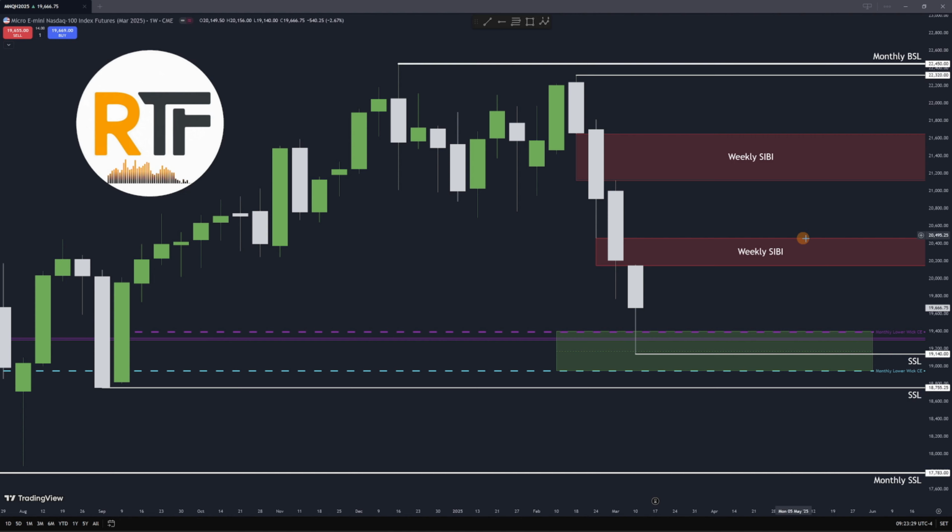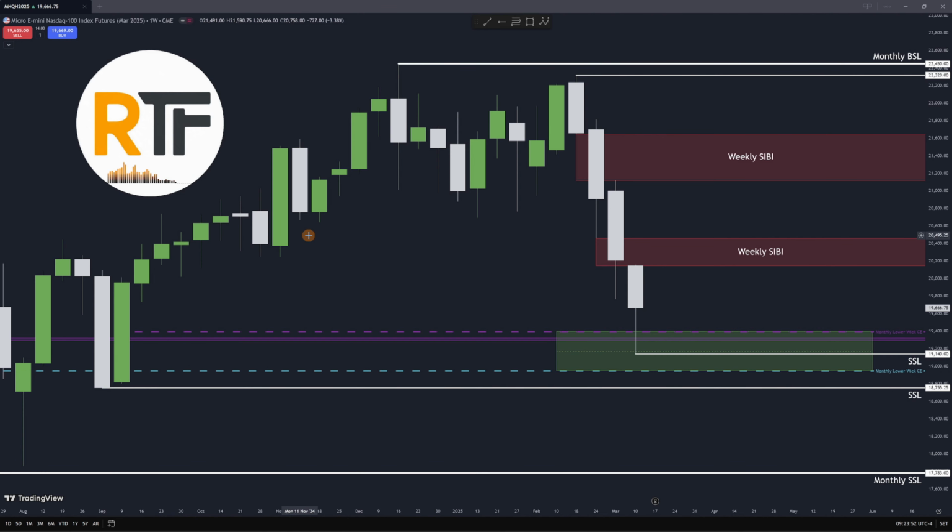Moving on to Nasdaq, here's the weekly chart. You can see that last week we did trade down into this area right here that I have in green. I had this from my last week's outlook, and remember this dotted line right here in purple, this is going to be the mean threshold of this down candle, but it's also that monthly consequent encroachment on the lower wick, and so is this blue dotted line right here.